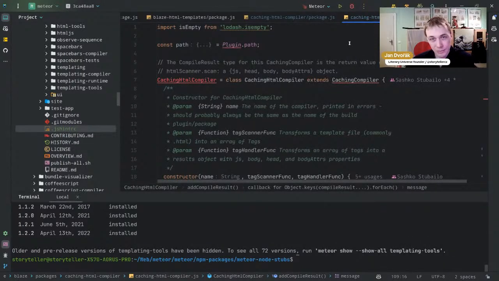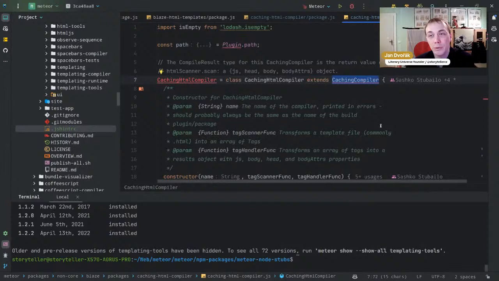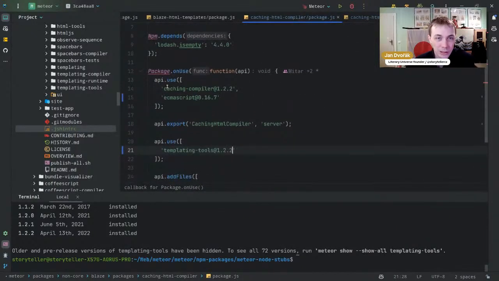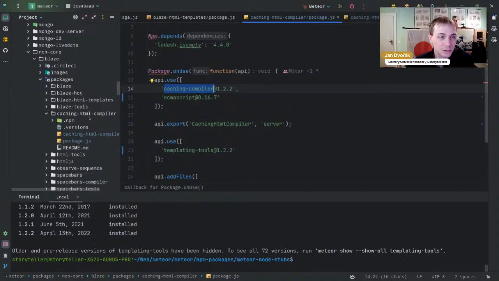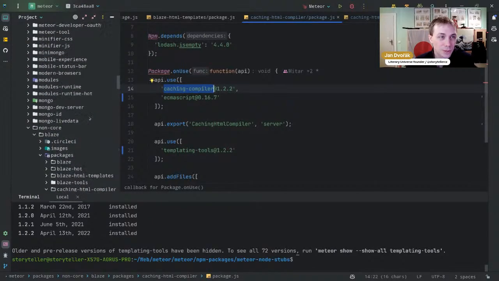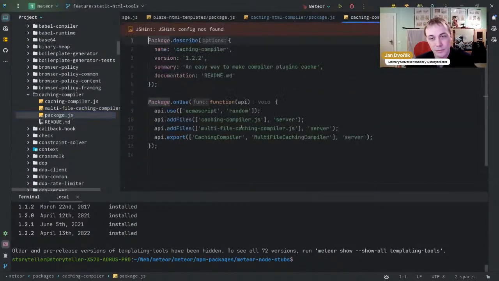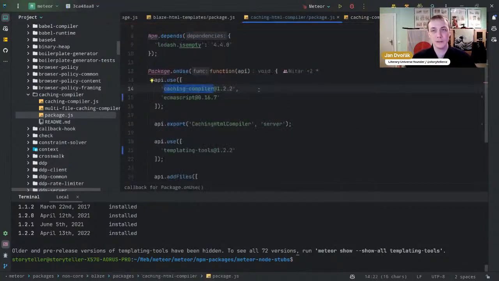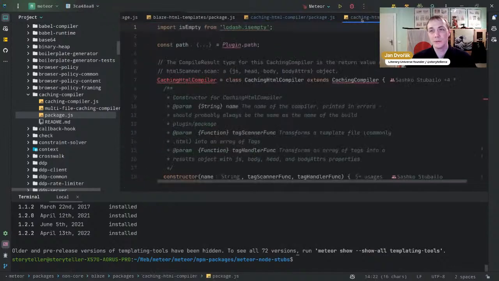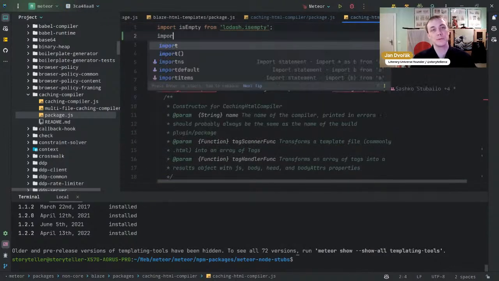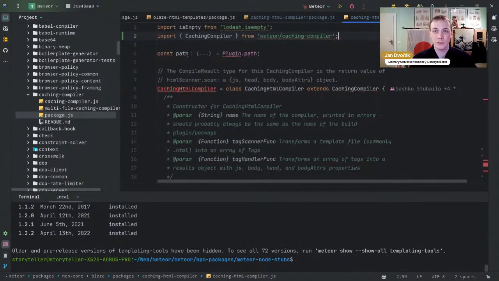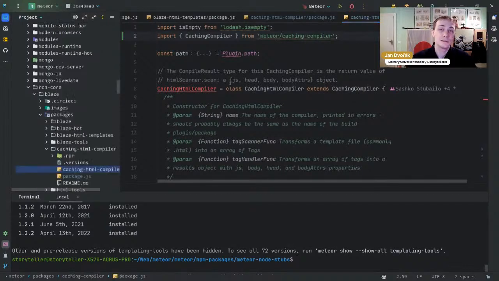So that's, again, and this one is actually what we should be doing here, which is to import this caching compiler. And if you look here, that's probably imported from here, which is then imported from the Meteor one, most likely. Caching compiler, yes. So that one is exported there. We go back all the way here, so we should be able to do just... Oh, AI figured that one out. That fixes